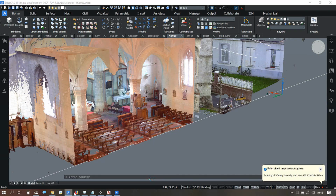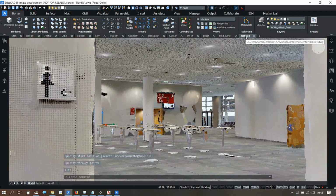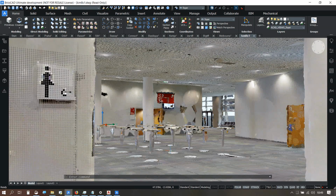Oh, by the way, you see this message popping up. There's somebody coming to alert me that the point cloud pre-processing is ready. So we can go and have a look there. And is there something that strikes you in the quality of this image if you compare it with this one? It's an example of why it is important. And how come? Well,